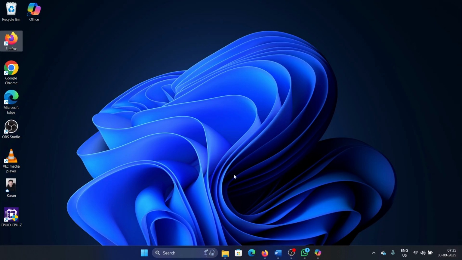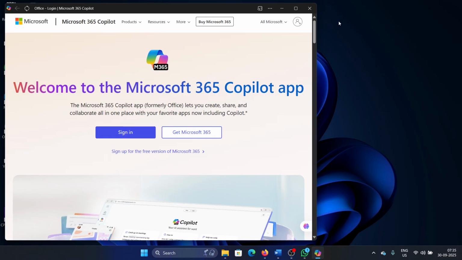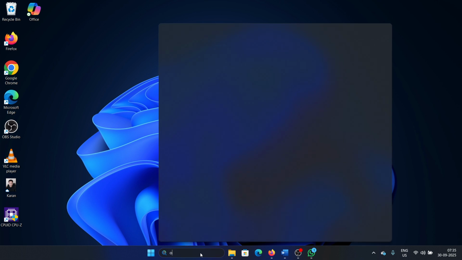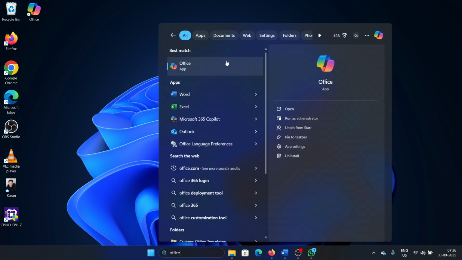Now see what happens. You'll find this app on the desktop itself. You can open it from here, or you can also search for Office in the search bar and then open